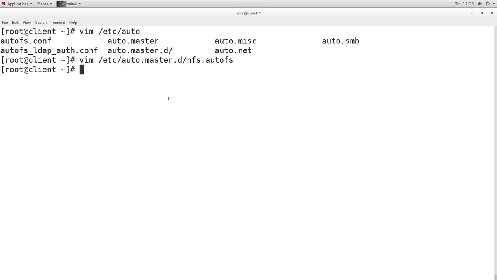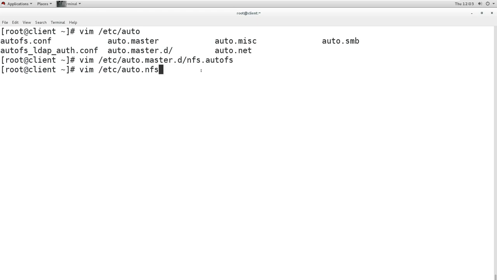Now after doing this, I have to create the next file which I have mentioned in this file, and that file name is auto.nfs, which is under etc. So now I am going to create auto.nfs under etc. Make sure you mention the right names, otherwise it will cause problems.